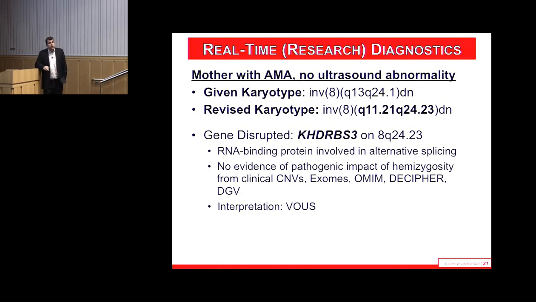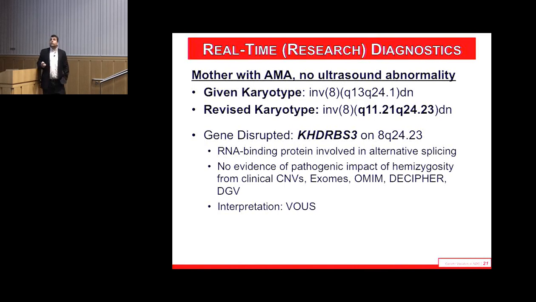And she was given a risk of 6.1% based on the de novo inversion. She had clearly said that she was risk averse and was likely to terminate the pregnancy, but had seen that we would be able to sequence. She understood genetics fairly well, so she wanted this done. So on a research basis, the sequencing was done.